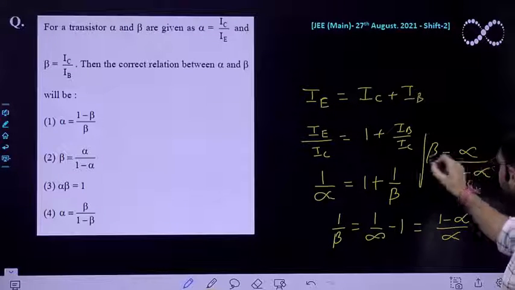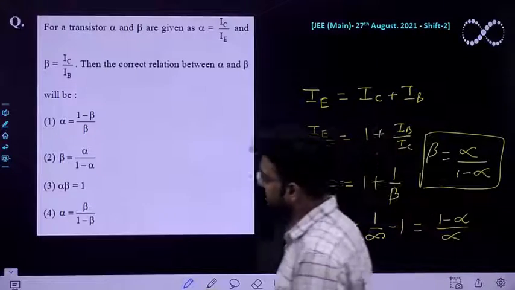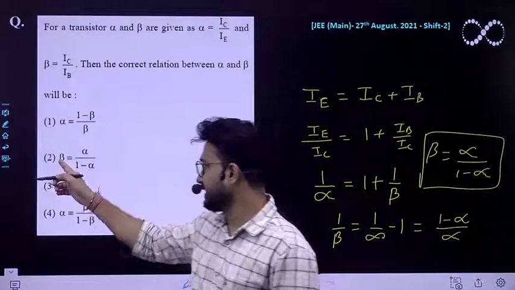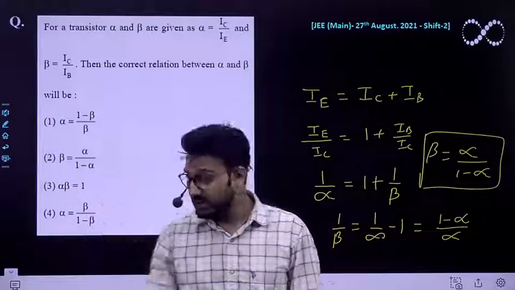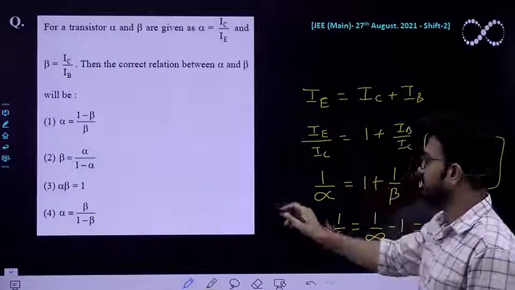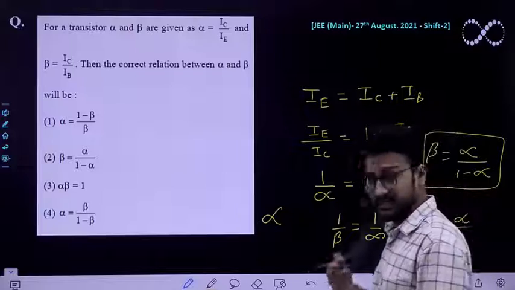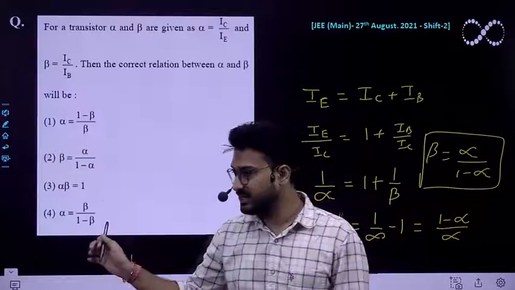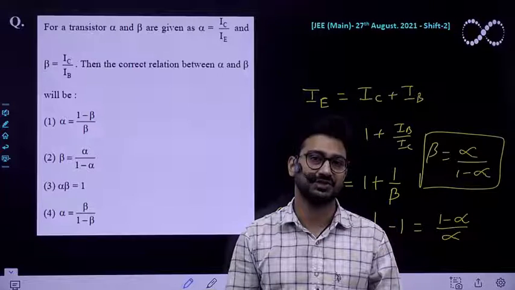So this is one expression that we are getting. Let us see which expression will be correct. So the second option that we are getting is the correct option. The rest of the other expressions you can easily calculate. You can easily find out the value of beta and alpha also using the same relationship, and you can easily check which expression is correct. I hope the second would be our correct option. I hope this question is clear to everyone. Thank you.